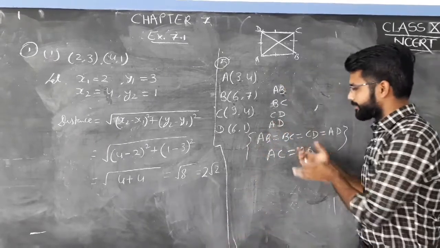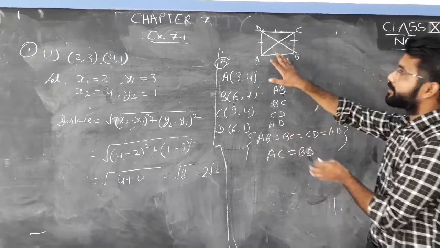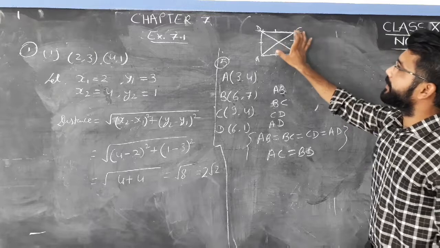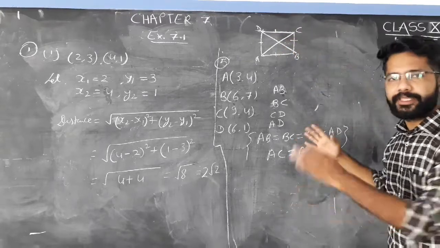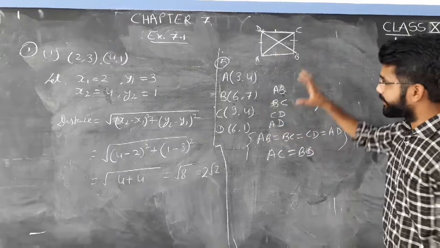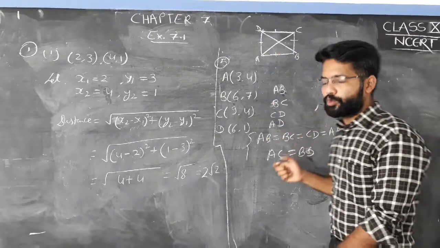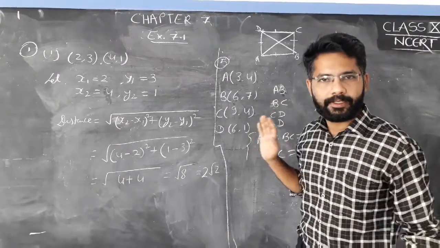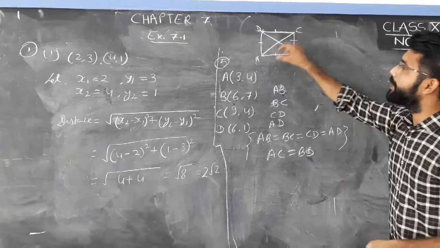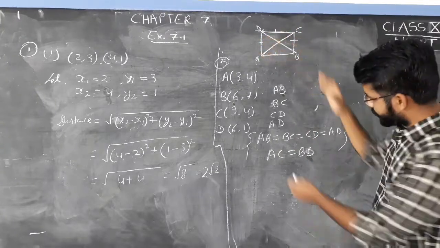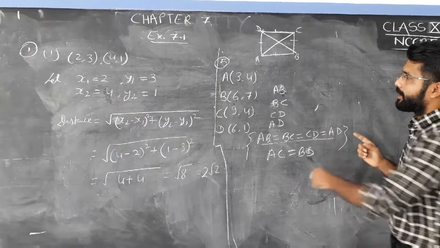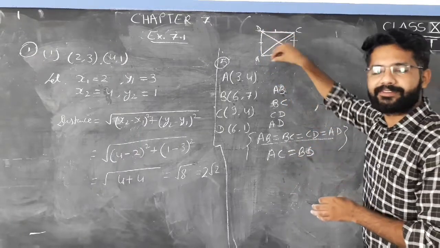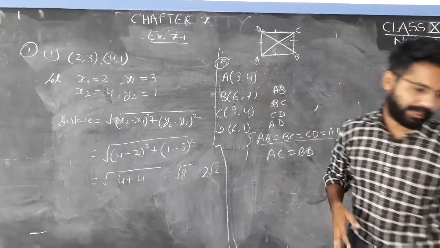If these 6 things you can find. Okay, and from these 6 things, first 4 things, means all the measurement of all the 4 sides should be equal, and distance between the 2 diagonals should be equal. If this condition is satisfied, then you can say that yes, it will be a square. Okay, if it is not, then you can say it is not a square. Is it clear? means क्या करना है? AB, BC, CD और AD के डिस्टेंस का फाइंड करोगे, चारों उधर इक्वल है. इसके अलावा AC और BD की distance आपस में equal है, then you can say that yes, it would be square. Is it clear? Okay.